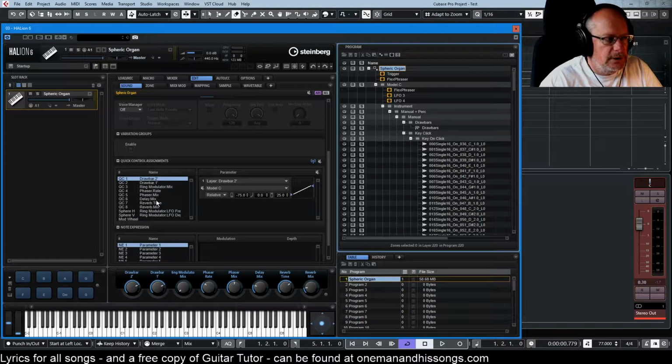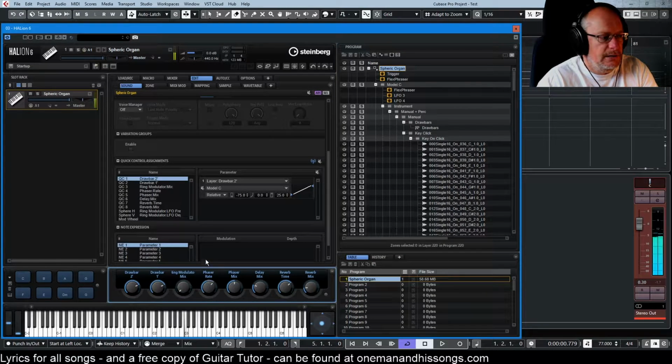So you can see that we've got a load of quick controls assigned here, and here are our settings. And when I play a note, there's your phase, there's the ring modulation coming in. So all of these controls are live,